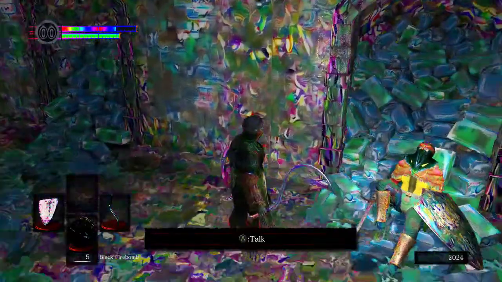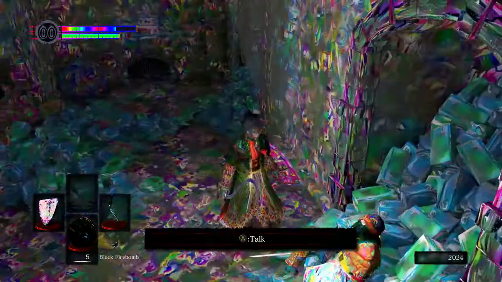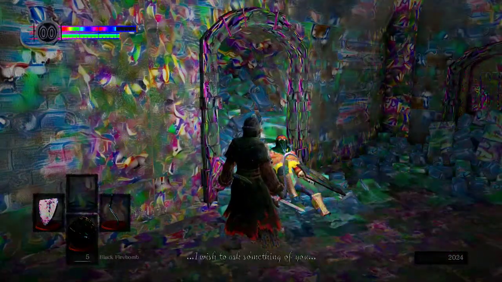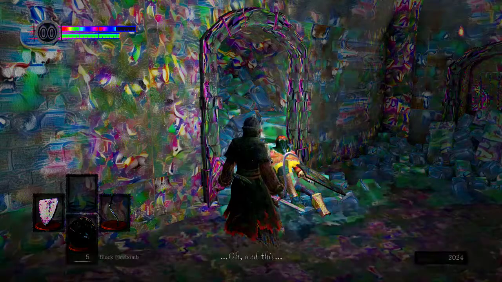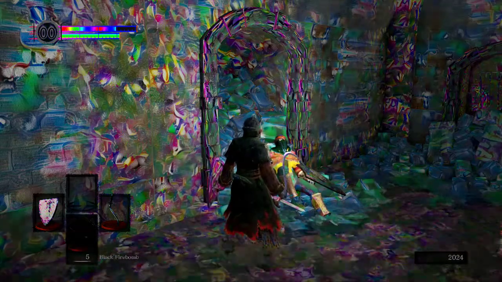Also, NPCs have their outfits shuffled, so. Oscar here has some different stuff. Oh, you. Thank God I'm done. I'll die. I wish you... Regrettably, but there is that one. Oh, and... Now I would hate to harm you, and...